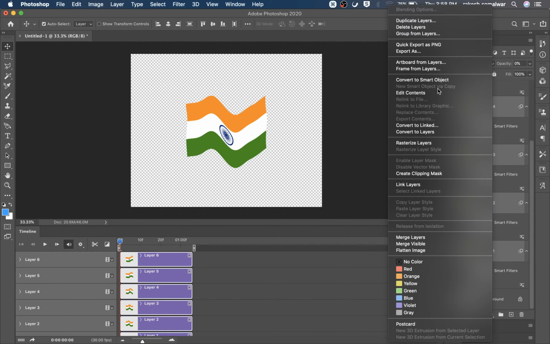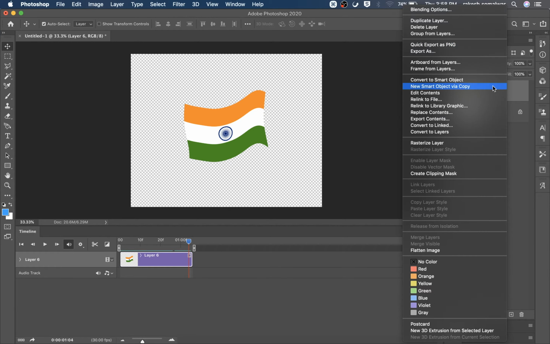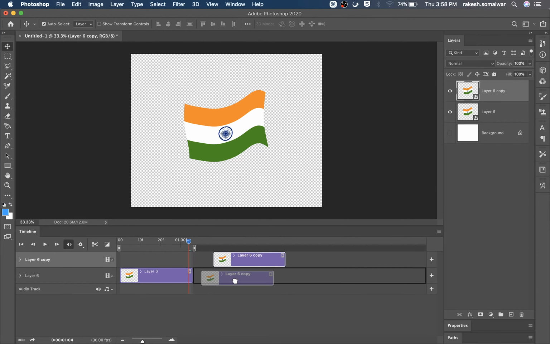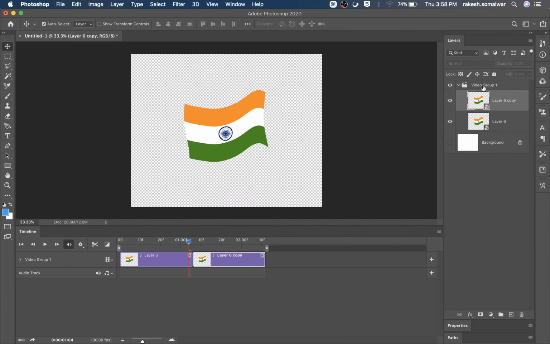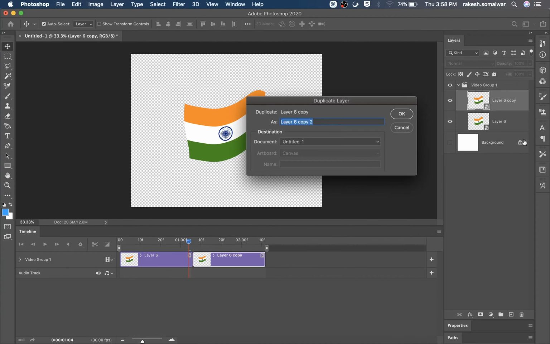Right click, select all layers, right click and convert to smart object. Now video timeline. Duplicate the whole layer and drag it next to it. This way you can create video group, and just duplicate it, come next to it.